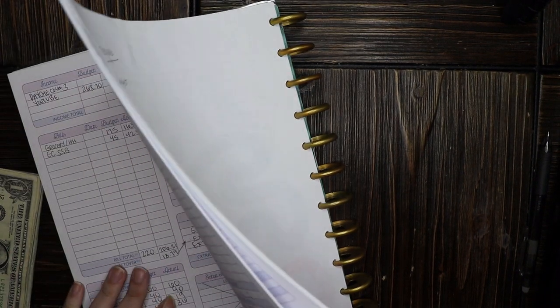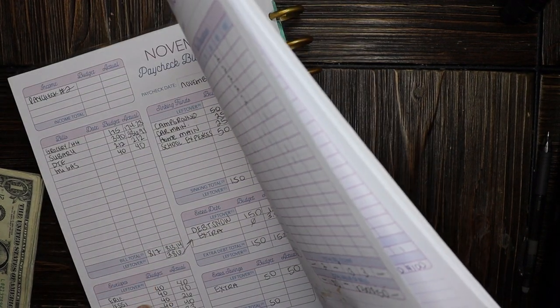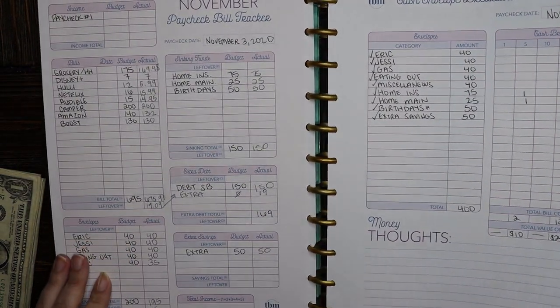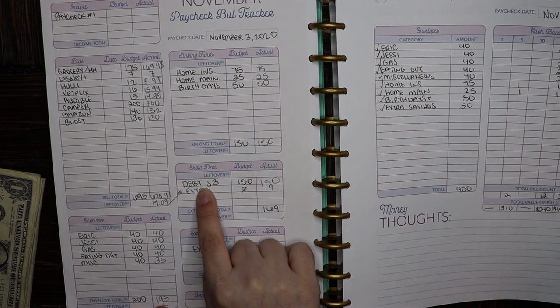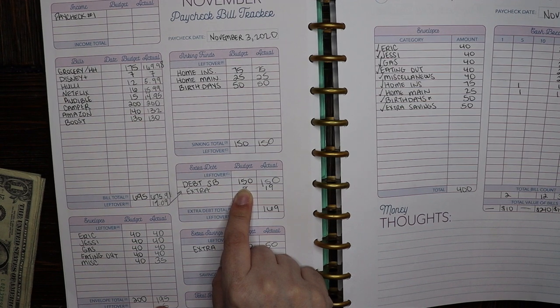So really quickly, let's go ahead and go back to the start of November here in my Budget by Paycheck workbook and talk about the other payments we were able to make. All right. So November 3rd, the budget for November 3rd, I had set aside our typical $150 in Debt Snowball money, and